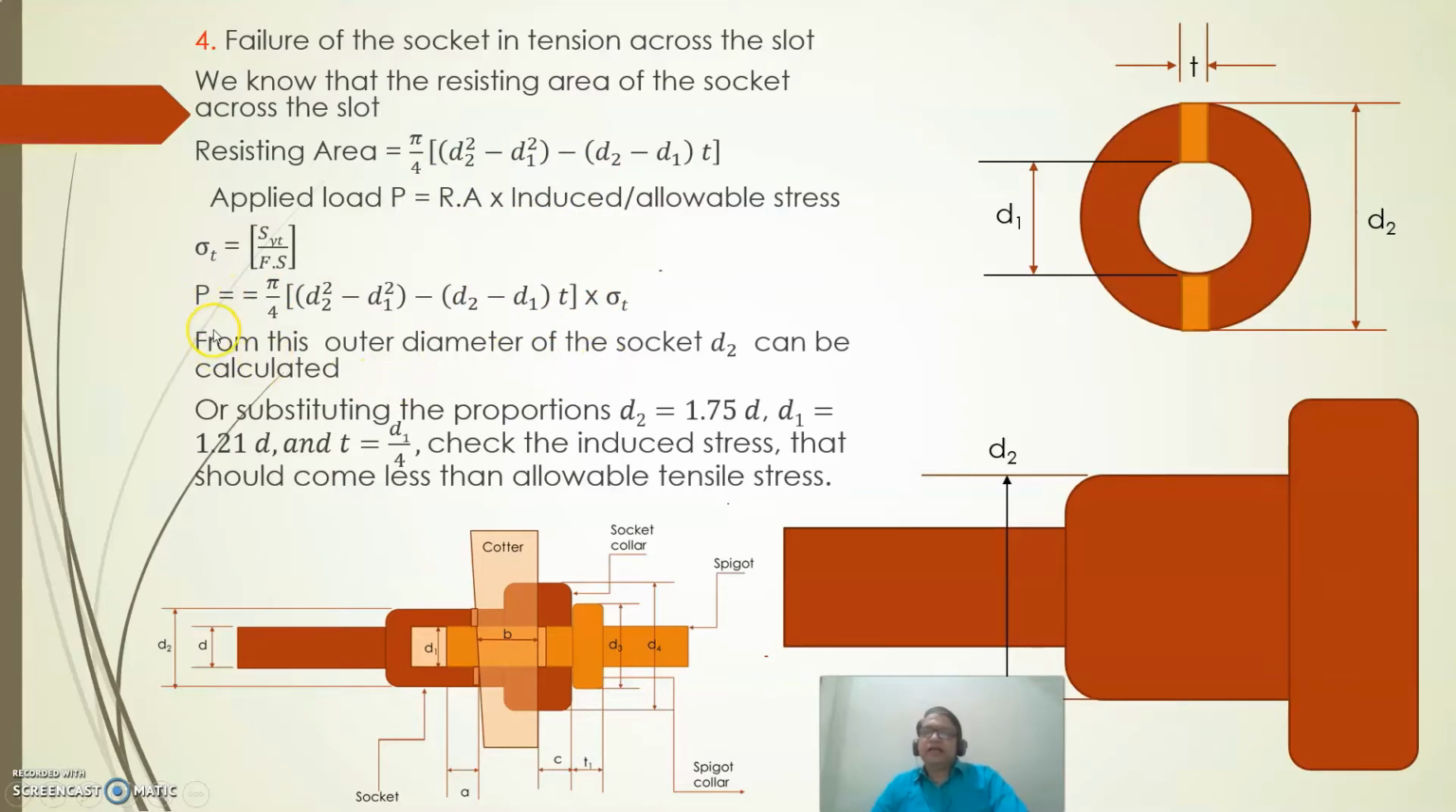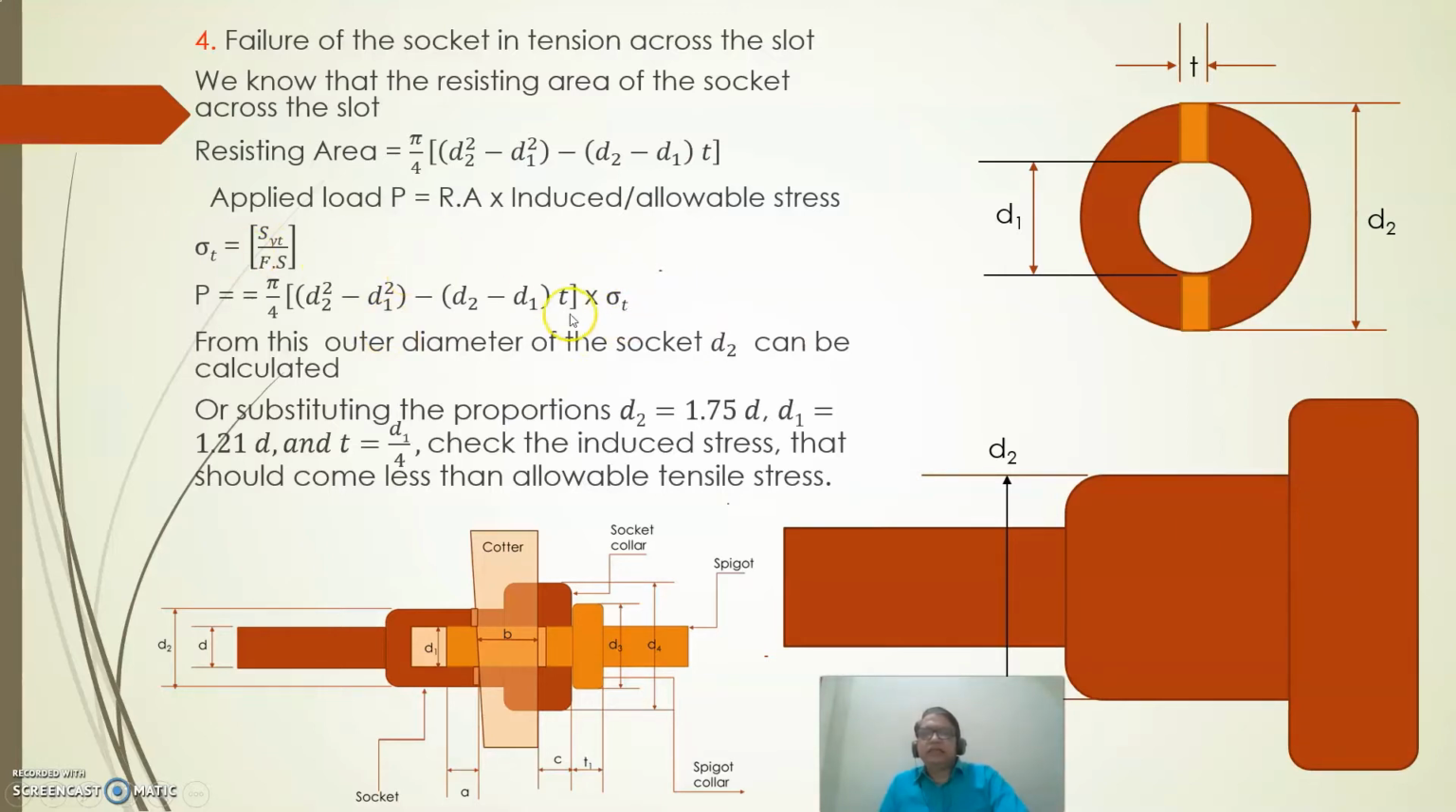So like this I can calculate the diameter d2 from this, or else you see here pi by 4 (d2 square minus d1 square) is this area, minus (d2 minus d1) into t. It's a rectangle area, I have to deduct it. So this is the net area you are going to get. So net area into sigma t, if you do it, you will get the resisting load. That is, the resisting load is equal to the applied load, right? So from this, because d1 is known to you, I can find out d2,